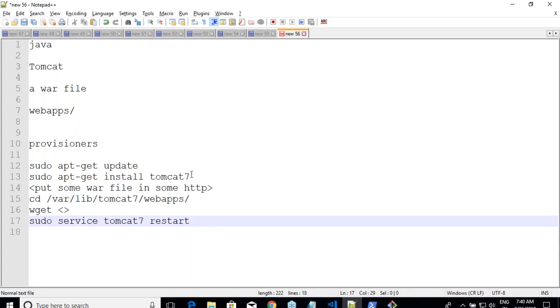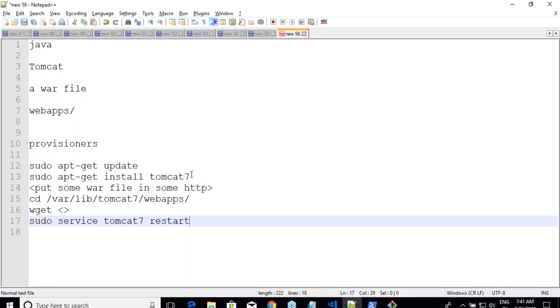Whenever you are doing this in your company, it already has an application. It might be hosted somewhere. It might be present in your Nexus server. It might be present in your Artifactory server, or it might be present in your shared directory. It can be somewhere. The only thing which you have to do is the copy logic might change.